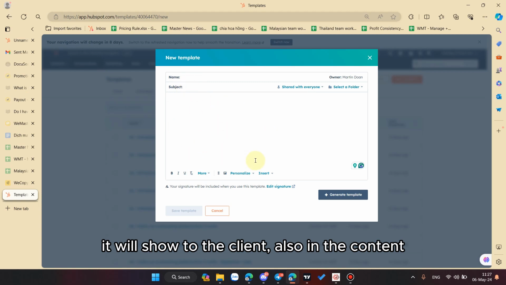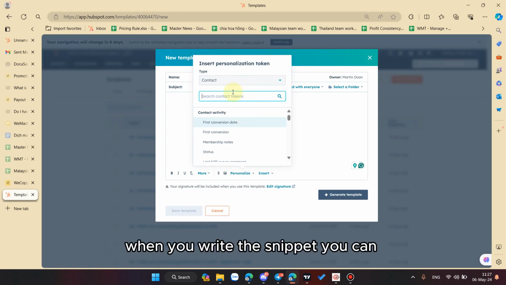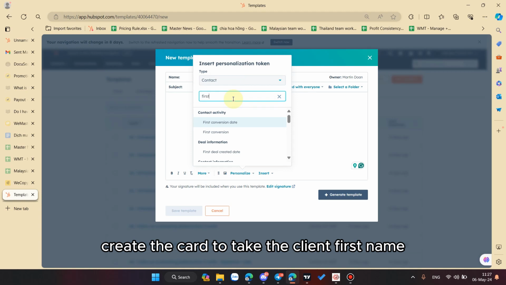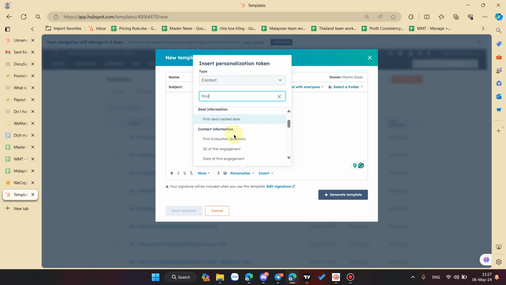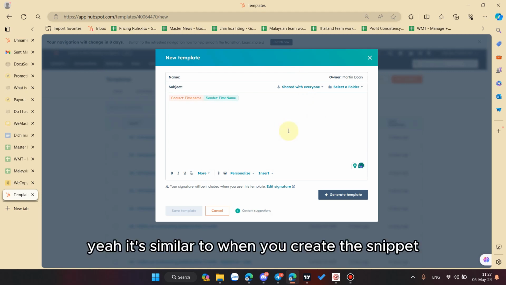Also in the content, same as when you write a snippet, you can write the code to tag the client's first name, or you can put your name by sender first name.